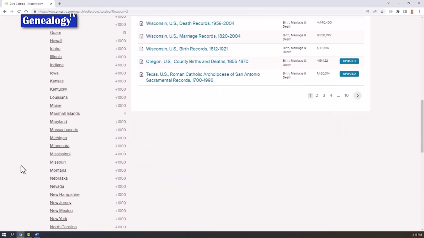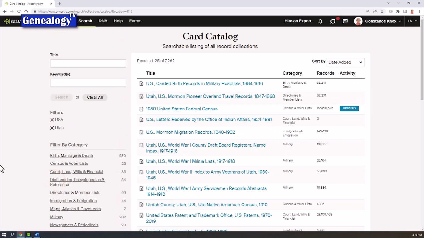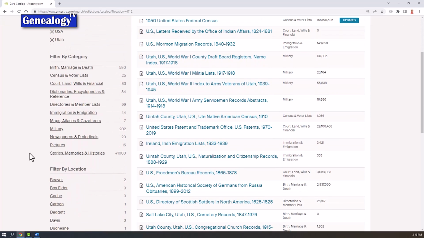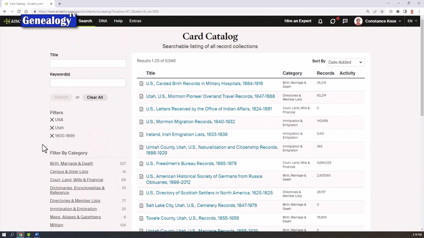Maybe you click into USA and maybe the state in which you're researching, or just stay at the USA level. And then you can select the 1800s, for example, at the top of the list, because if you click into 1890, you may actually filter it down too tightly. So choose the state and county in which you're researching if you choose to, and then search for the results.